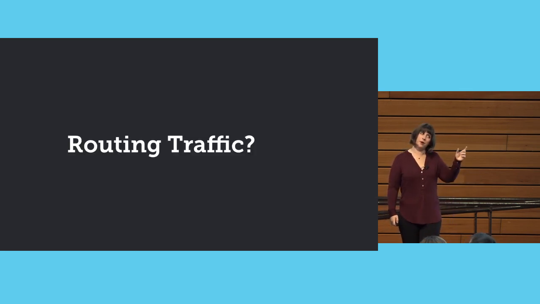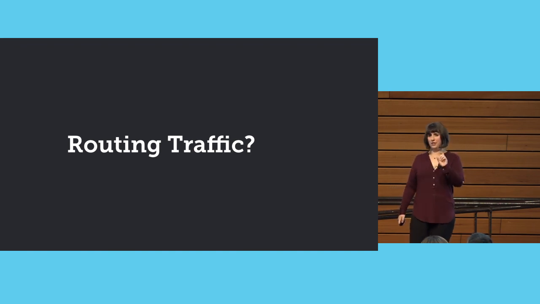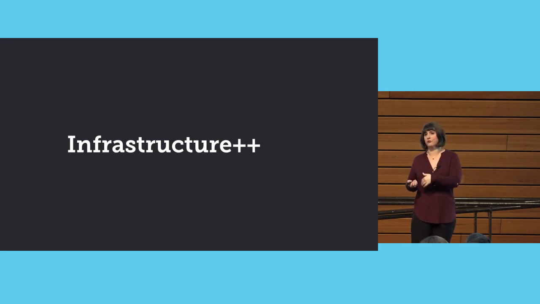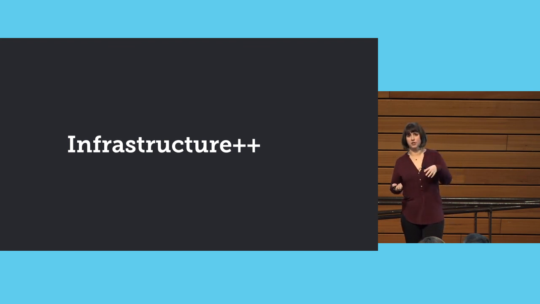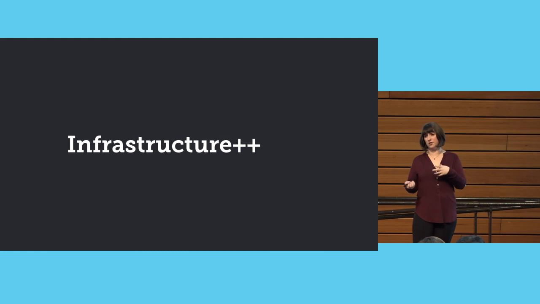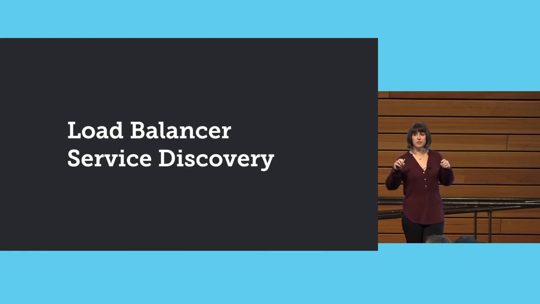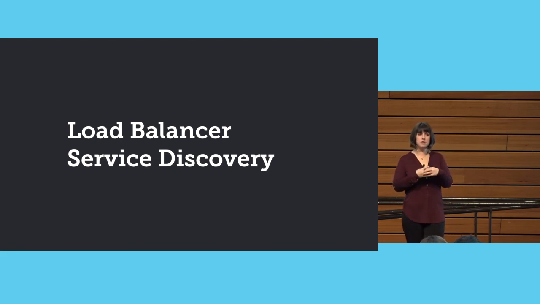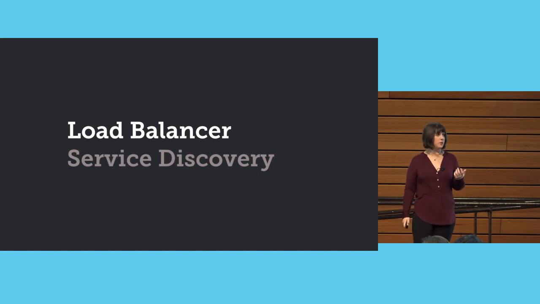And I've talked about routing traffic, and I mentioned routers and load balancers. These are pieces of your infrastructure that you really need. I've said routers and load balancers, but Chris also mentioned another thing called service discovery that works pretty similarly. So I'm going to talk a little bit about what these are and some of the similarities and differences that they have in particular relationship to scaling, because at the end of the day, when you're deploying, they work pretty similarly. So load balancers.